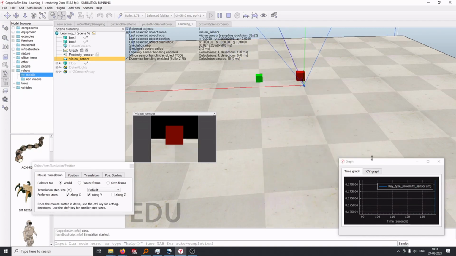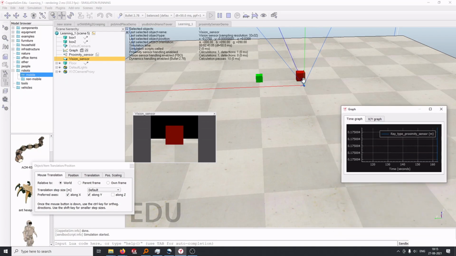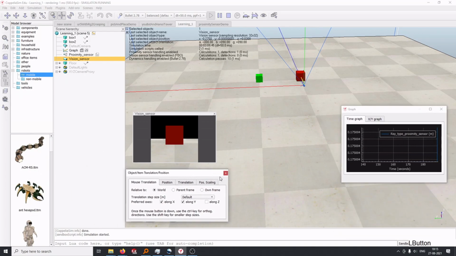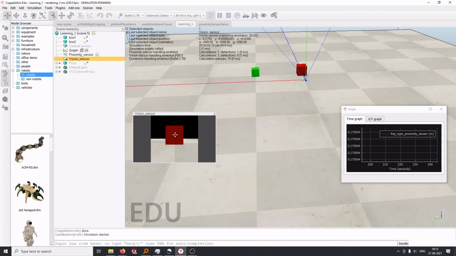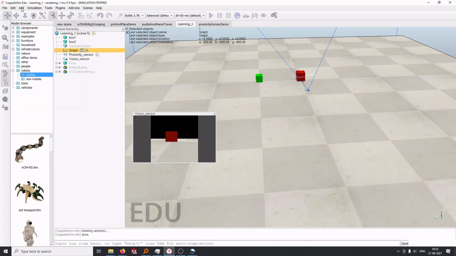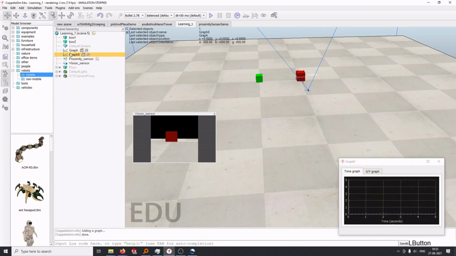Now what we want to do is we want to see the RGB values so that we can visualize this in a graphical manner. How much is the red compared to the other pixels in the image, right? To do that, we'll add a graph, and we have another graph which is having graph 0. That's the name of the graph, right?